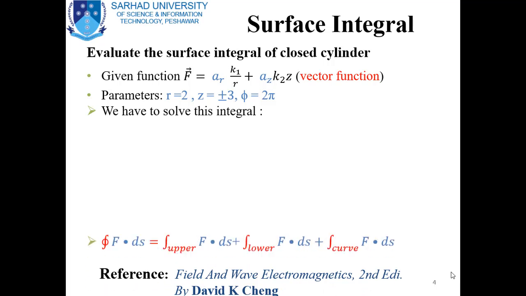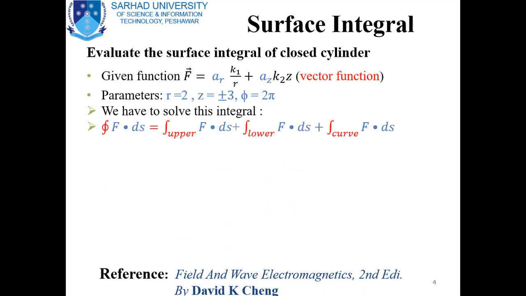And we have to solve this integral, which is known as the surface integral f dot ds, and the integral is about a closed surface, so we put a circle on the integral notation. And this closed surface integral can be split into 3 open surfaces, as a cylinder has 3 surfaces: the upper